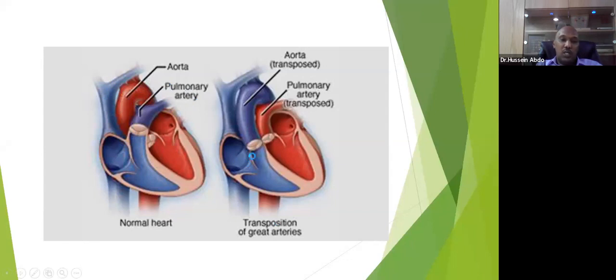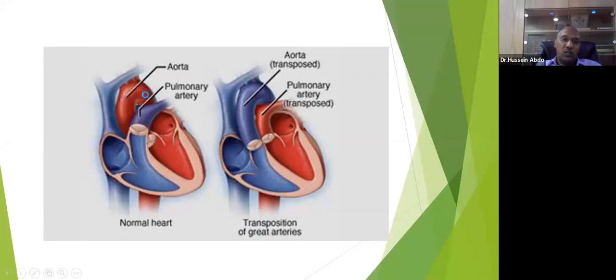While here in transposition, the aorta, which carries the blood to the systemic circulation, is connected to the right ventricle. So the unoxygenated blood, instead of going to the pulmonary artery and being oxygenated, will go directly to the systemic circulation. And from the systemic circulation, it comes back to the IVC and SVC. So there is a separate circle for the unoxygenated blood and a separate circle for the oxygenated blood, because the oxygenated blood will be pumped to the lung through the pulmonary artery, and instead of being pumped to